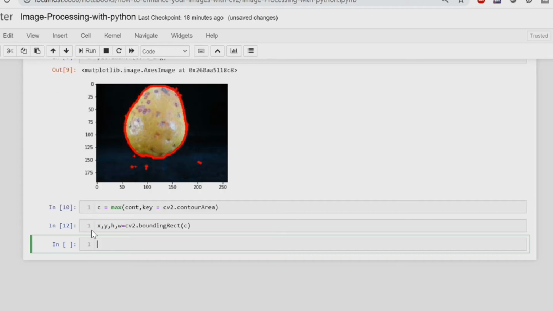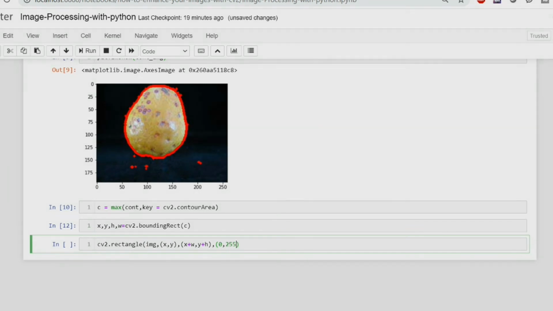So if you want to draw this rectangle on top of your image, you can utilize cv2.rectangle, and here you can give your image, then your xy coordinates. Since this x and y are the initial coordinates, you have to give x plus w, which will be the last point in the width, and y plus height, which will be the last point in the height. Then the color of the contour you want to put.